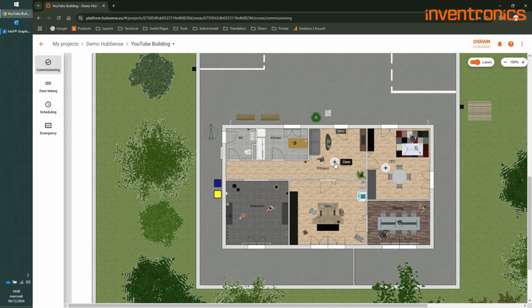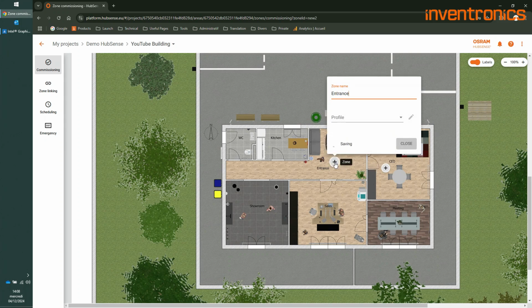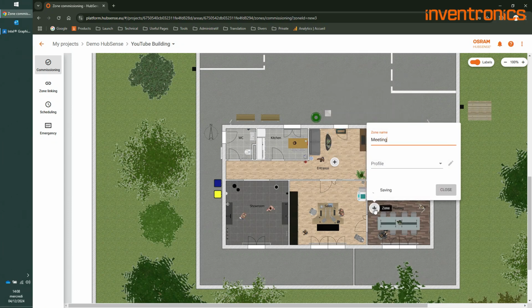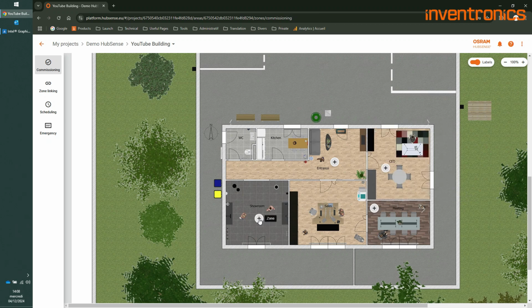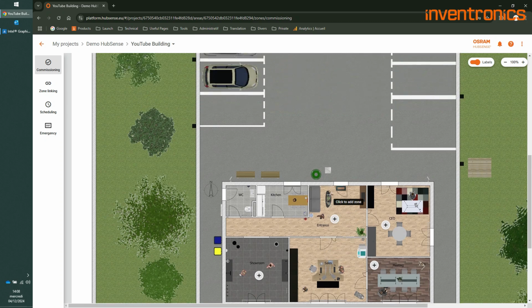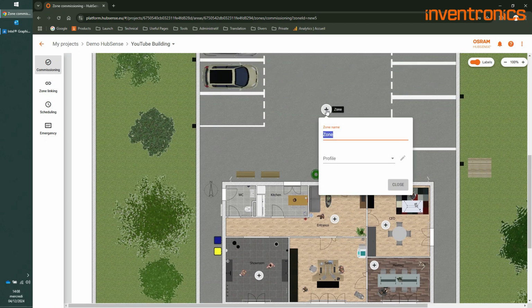The corridor with the entrance. The meeting room. The showroom. And finally, the parking lot, since we have HubSense products designed for outdoor.